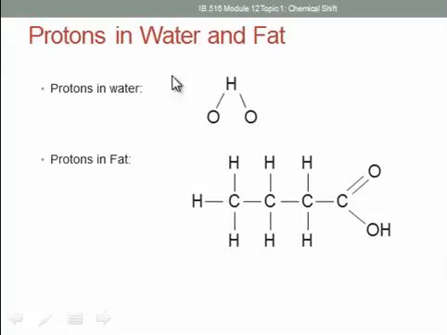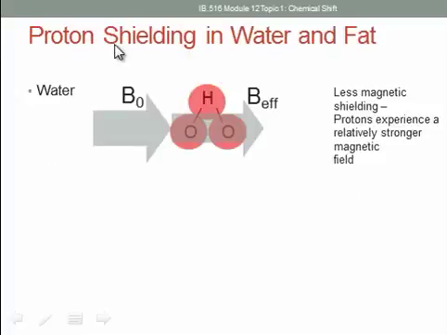So first, as a quick review, let's just look at the chemical structure of water, and the chemical structure of fat. This fat is really a fatty acid called butyric acid, which is found in butter. The point is just to show you, really quickly, the different chemical structure, because that leads into talking about proton